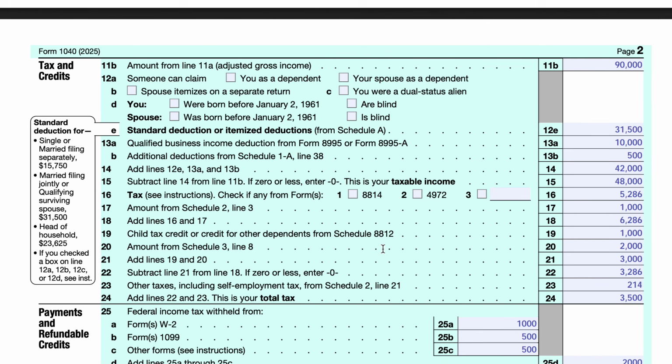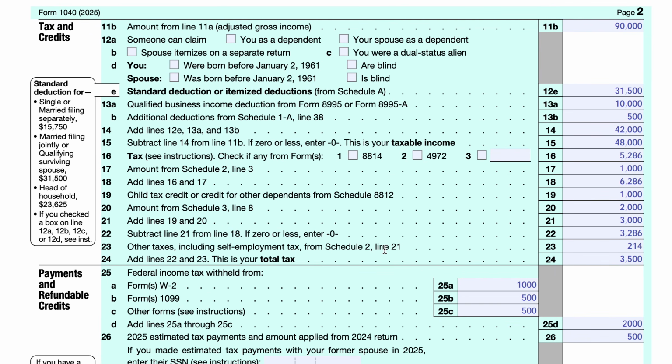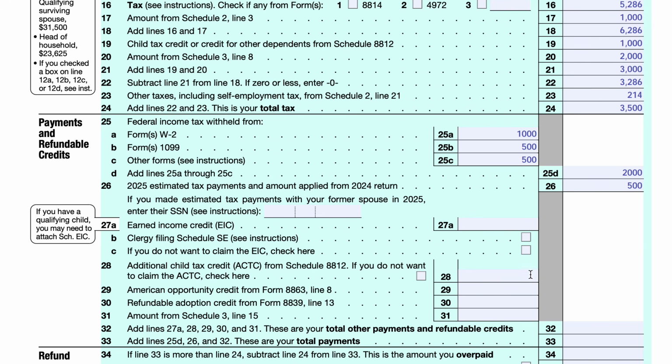Basically, you're able to check this box down here, and then there are going to be instructions on how to report the amount of your earned income. So you would need to determine how much of your income from line 1Z is also reflected in Schedule SE. You would back that out,